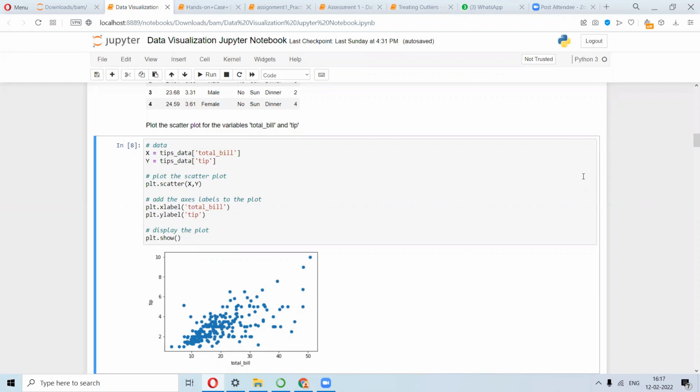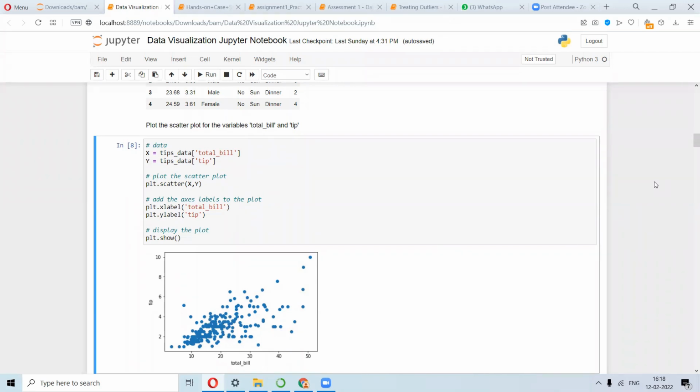You can clearly see that if you plot the total bill along the x-axis, so this is 10, say dollars. Suppose we are dealing with dollars. So if the total bill is around $10, then the tip should be around 2, right? So for 20, it's around 4, right? Like that. If you notice the pattern of the data, you can see that there is a positive trend, no? Like it is having a positive slope, right? So with the increment of the total bill, it's more likely that the tip amount should also increase. More the total bill.